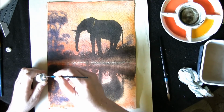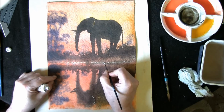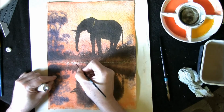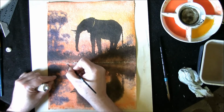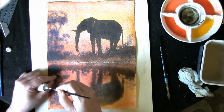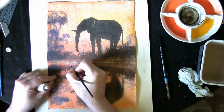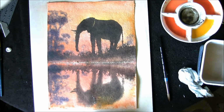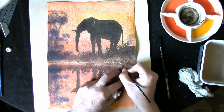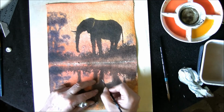Now the painting's completely dry, I'm just going to put some white gouache just to emphasise the shoreline. I did scratch it with a craft knife and a ruler, but I felt it just needed a little bit more lift, as the paper on this is not white, it has a grey cream colour, or a creamy grey colour. So I'm just emphasising it with some white gouache, and I also want to put in some ripples,